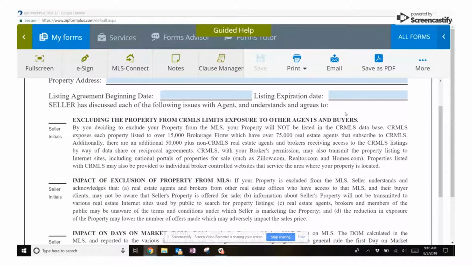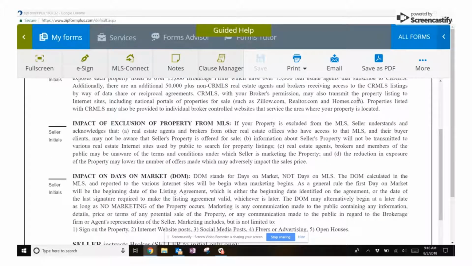Paragraph 2 is the impact of excluding a listing from the multiple listing service. We have an expressed rule that says that we are going to cooperate with other brokers. If we exclude that listing from the MLS, now the other brokers who have buyers that could potentially make offers on this home, we're now excluding them out of the equation to give us offers to entertain the highest and